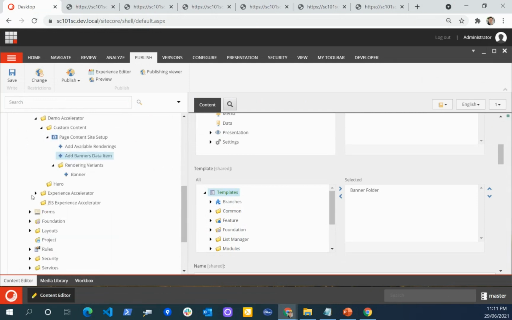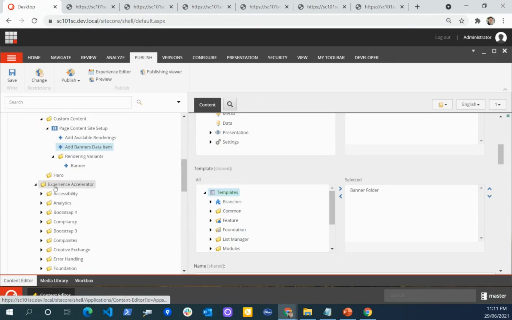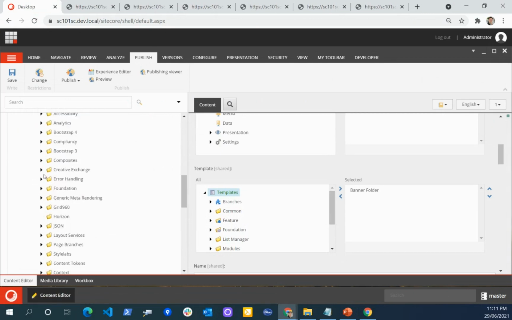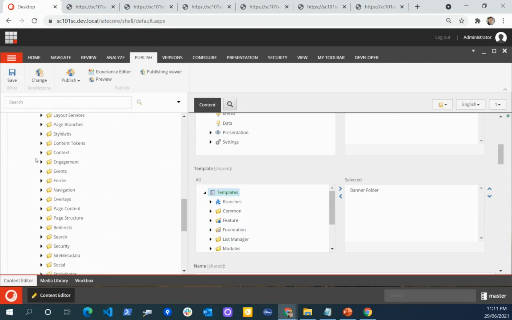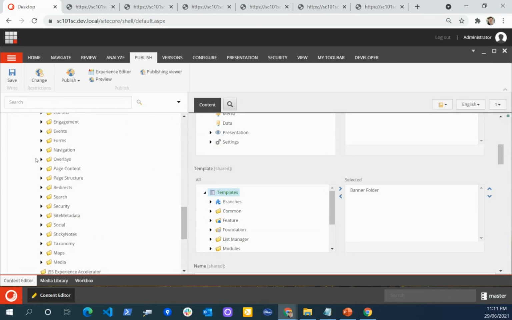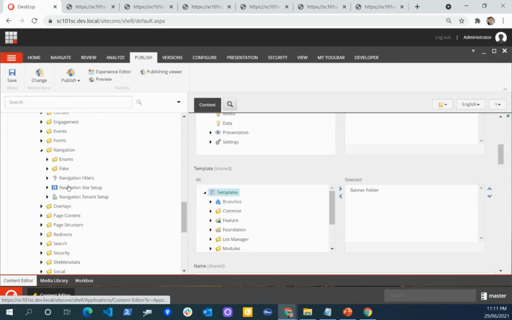I would suggest always keeping the out-of-the-box SXA accelerator as a reference. Let's say you want to create a composite component, such as a navigation component. For the navigation component, you need to define the enum, fake content, and filters.